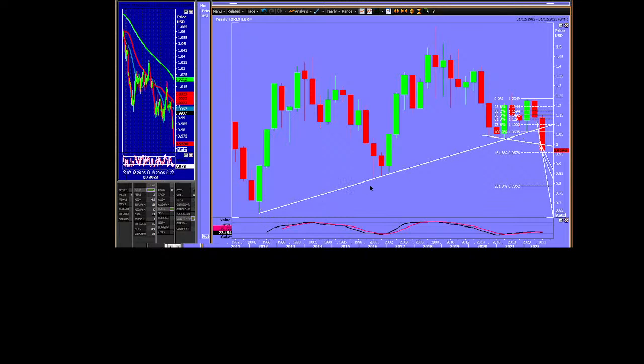So we can call it the line that would have given us the trend line back in 2000. We tested it again in 2001. We tested it again in 2002. So that was a very well-established trend line after that. And then we tested it again, as I said, in 17 and in 20. And now in 22, we've broken it. And we've really broken it.